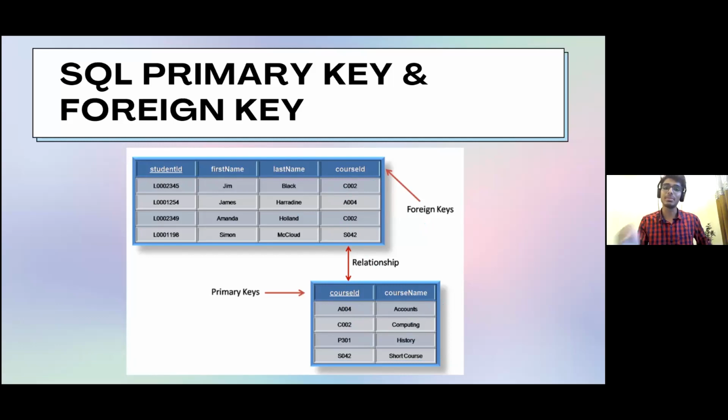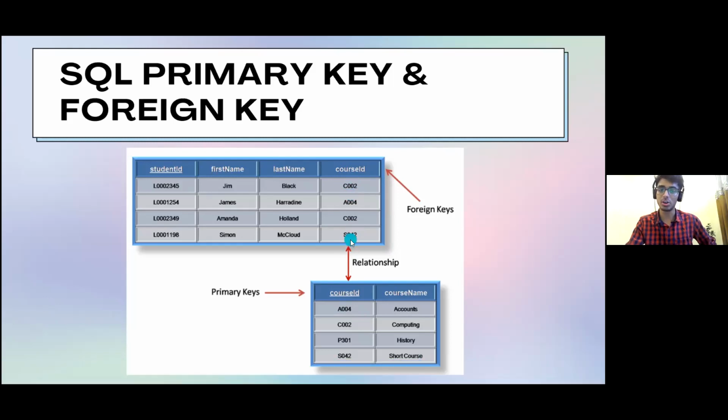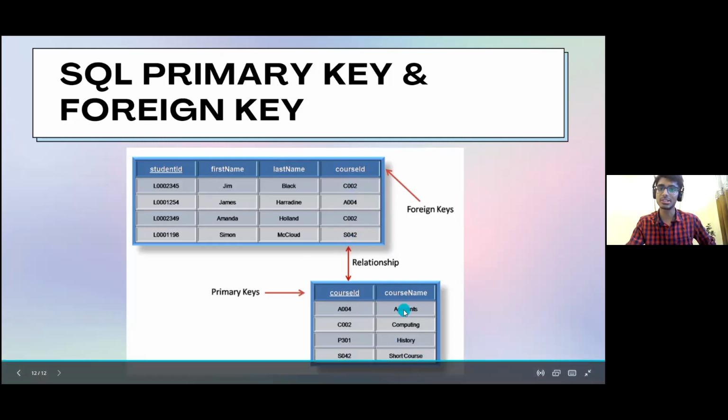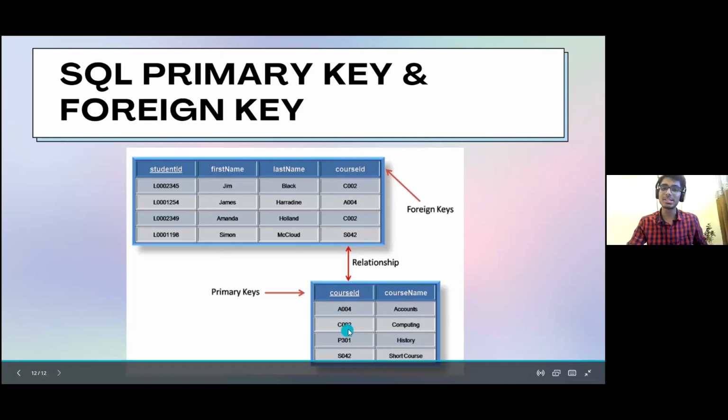Therein comes the primary key and foreign key concept. Okay, so I'll just show you this. As you can see, course ID, there are two same columns over here, with the same column name. There are two columns in this table. So assume this is the course details table, and this is the student details table. So if you just see, the two tables are having the same value.